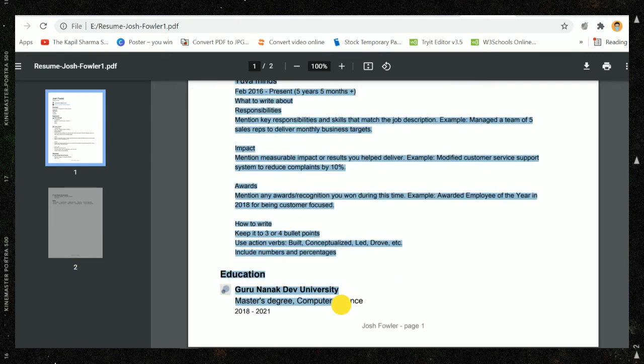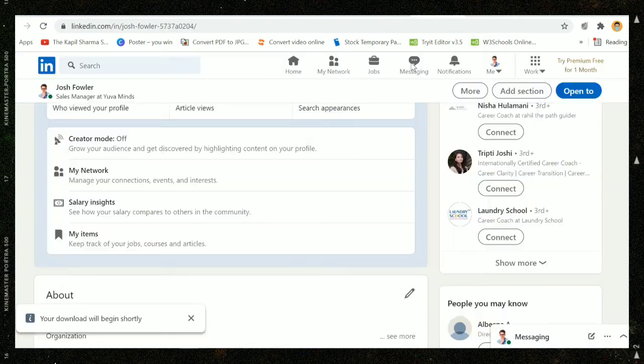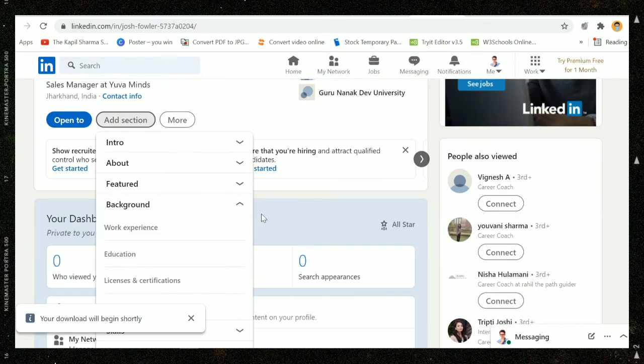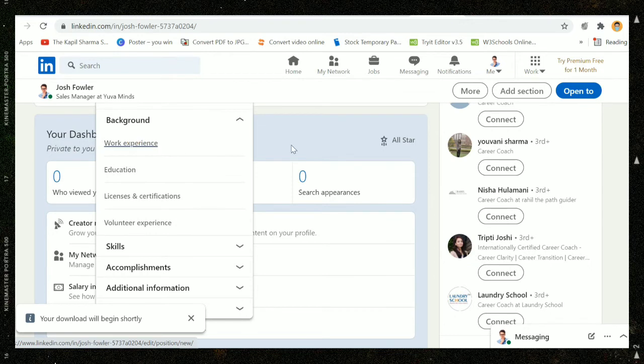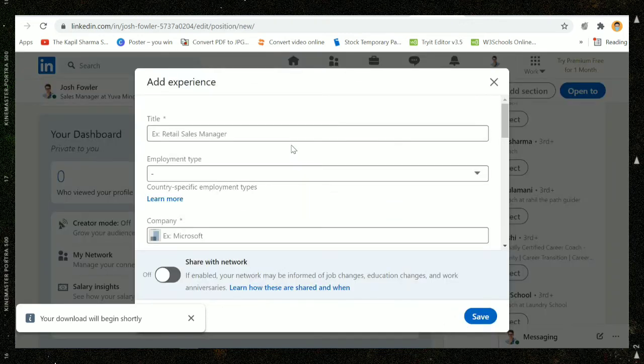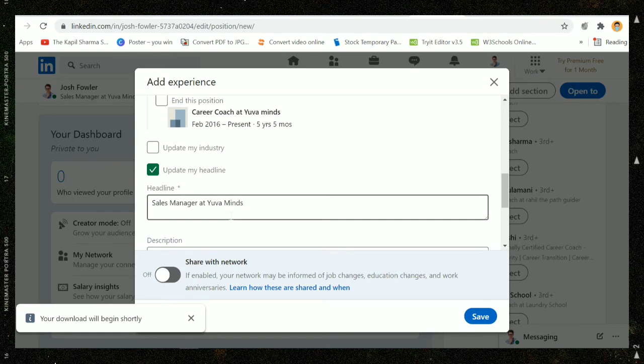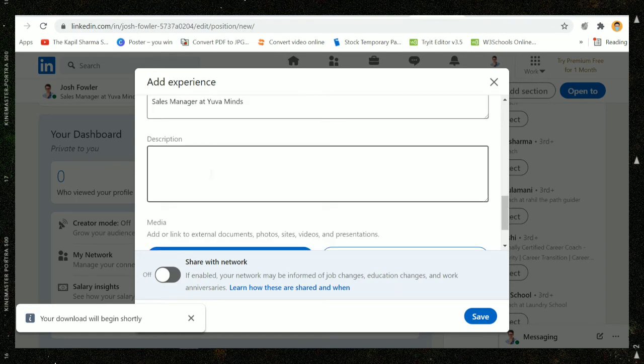For example, if you have added these points in your resume, just press Control C, then go to your add section option, then go to your work experience, and update everything which you have created in that resume into your profile section, right? This is how it will look when you try to add a more experience section.